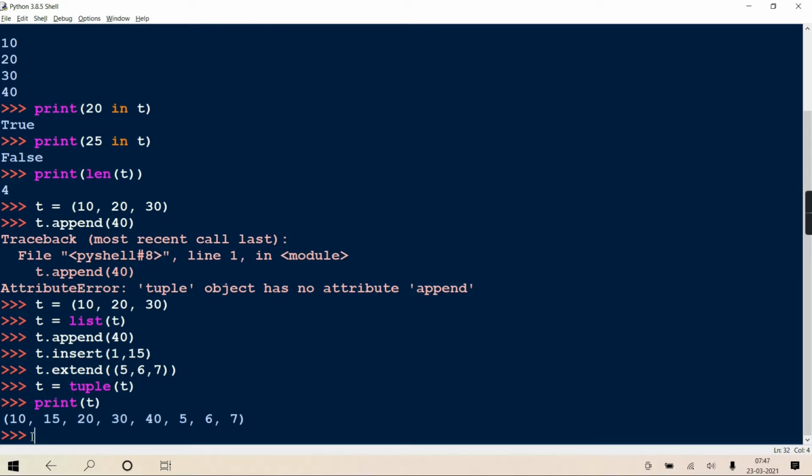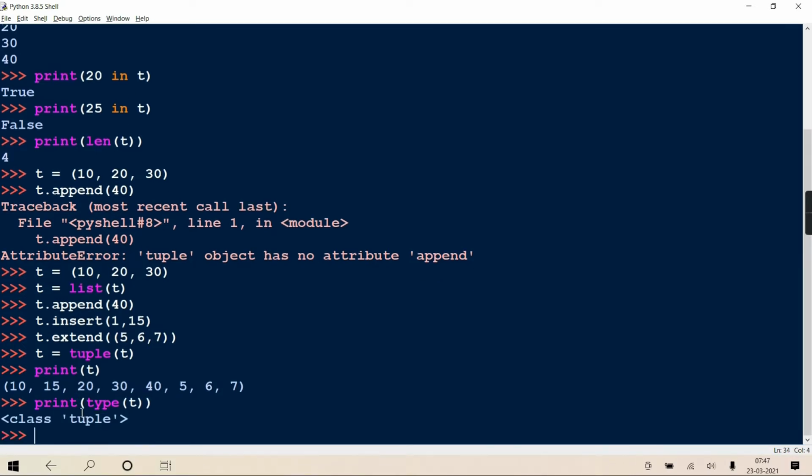And if you check the type, it is back to a tuple. Okay, but this is what I said, like a backdoor technique, meaning directly in the tuple there was no such provision. So for the time being you converted to a list, you did all the changes, and then again came back to the original type, right?